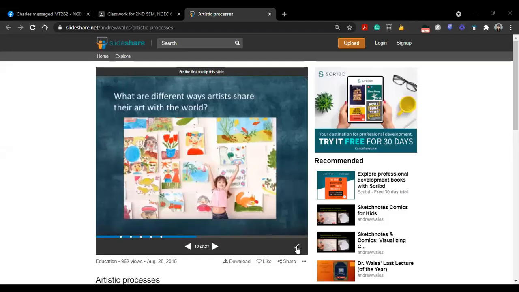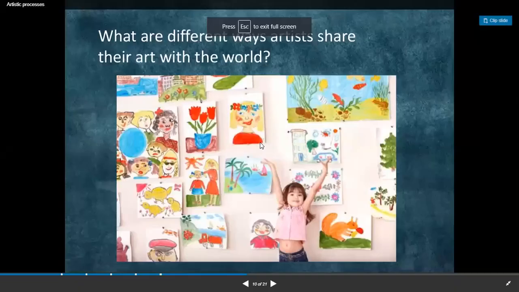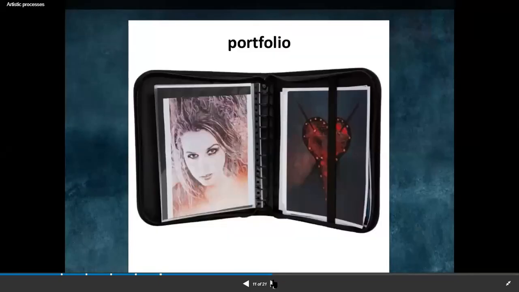So let's go back to our slide share. Can you see it still? Cadets, can you see it? Yes, ma'am. Hello. Okay, good. I thought I had no students here. So we have here